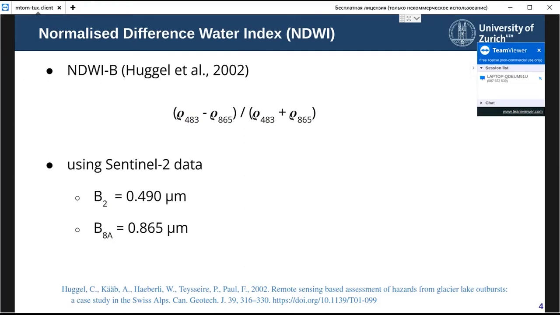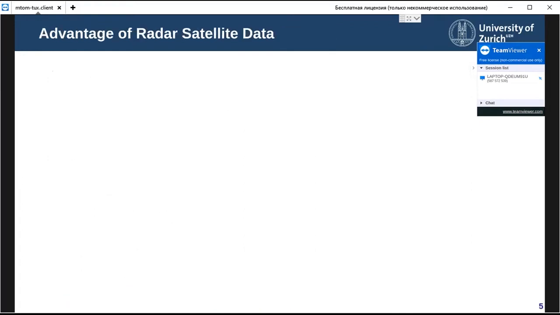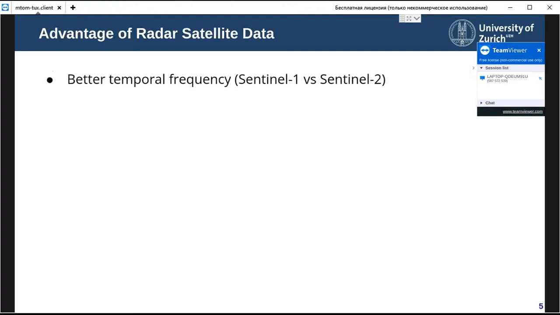So we use B2 and B8A to develop the NDWI-B Sentinel-2, which was actually proposed by Professor Hugel, Italy, back in 2002. And we also use radar satellite data, and some of you have already